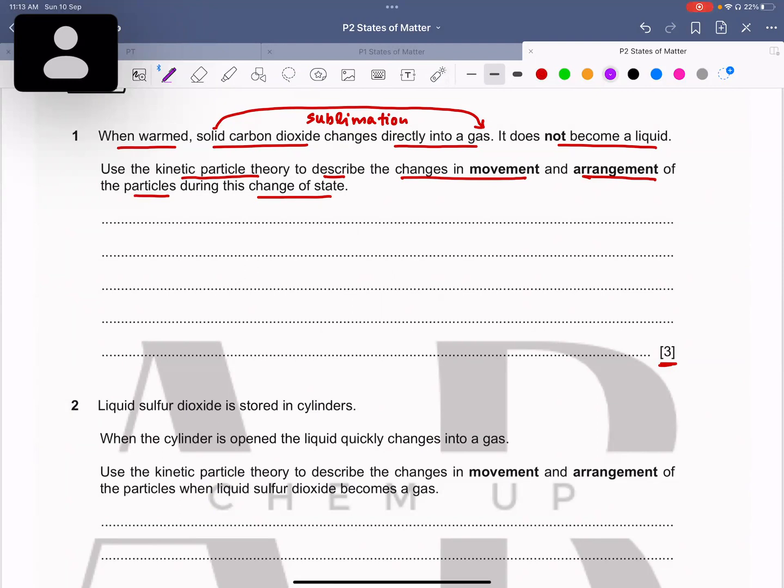So what we need to address over here, we need to describe what change occurs in movement and what change occurs in arrangement. Sir, should we do it in our copy? Is this understandable? Yeah, if you want to, you can note down the key points in your notebooks, but do that at the end of your copy with the heading of past paper sessions. Okay. Who left the class?